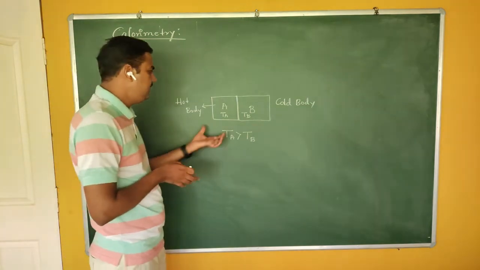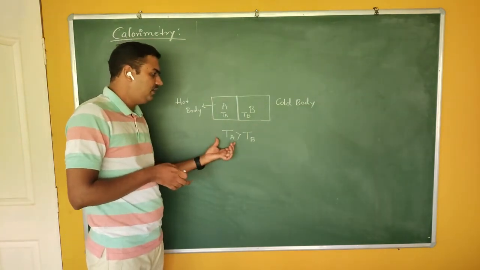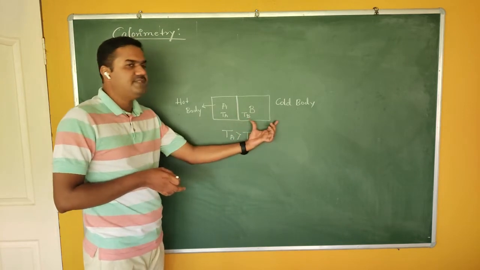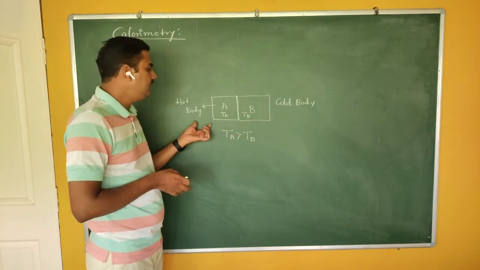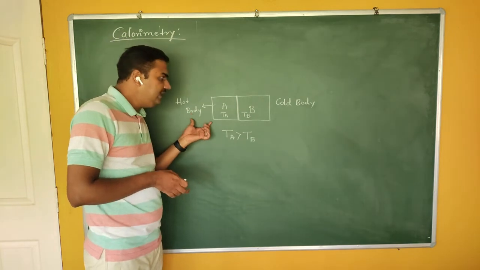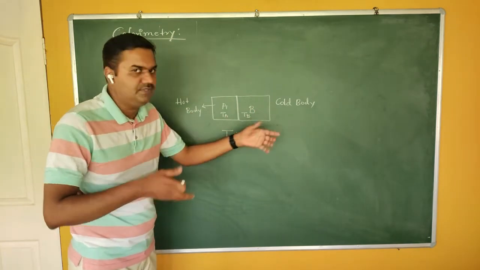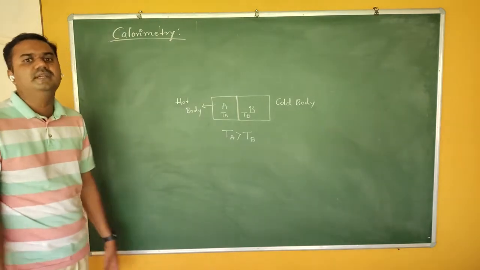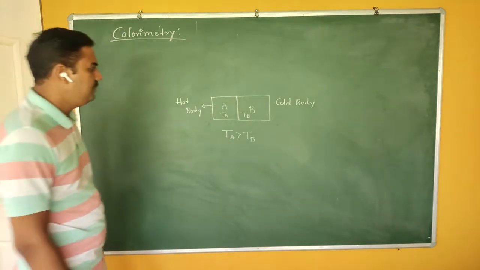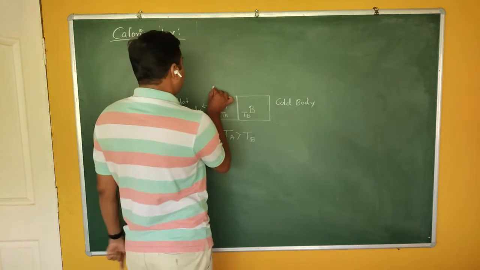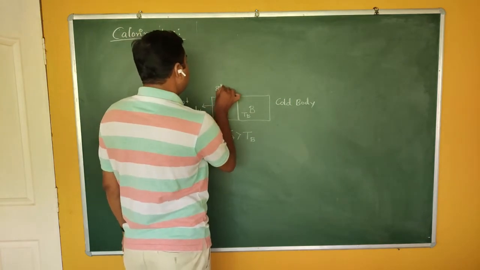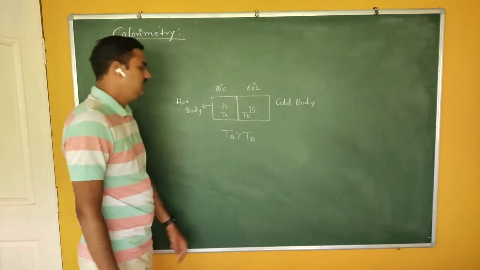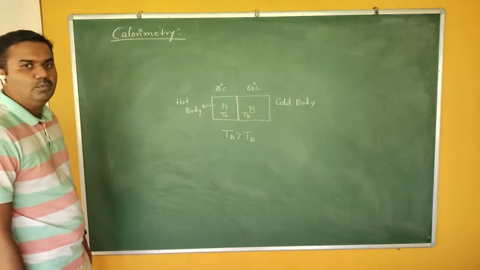Okay, you can easily see that body A has more temperature compared to body B, therefore body A is a hot body, body B is a cold body, therefore heat flows from body A to body B. Now, this is the usual phenomenon of the flow of heat. Heat always flows from higher temperature to lower temperature. Okay, so for example, if this is something around 80 degrees centigrade, and this one is 60 degrees centigrade, then heat flows from body A to body B.